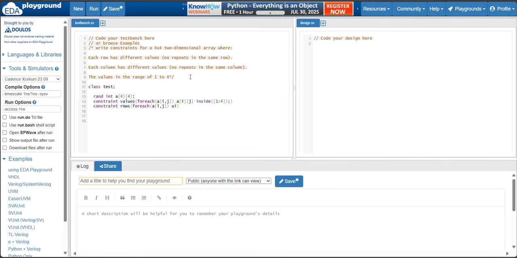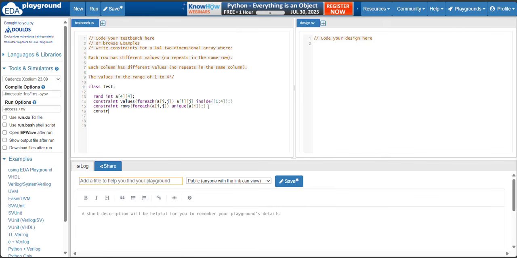Unique a of i. See here, all the values in the row have unique values. Different values means unique values. That's why I'm using the unique keyword.